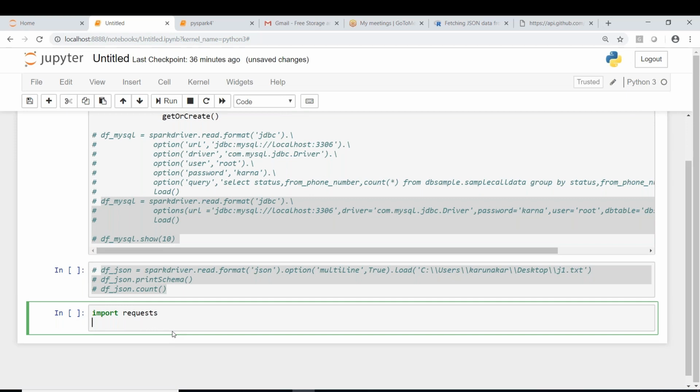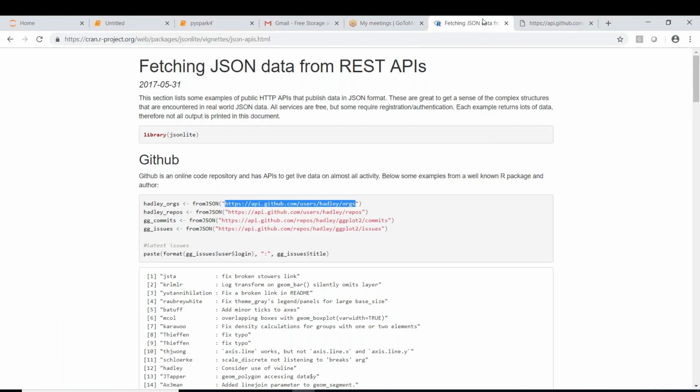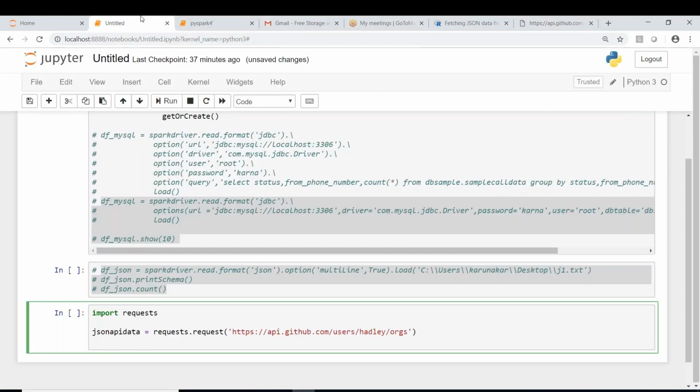So I call it json API data equal to requests, and here we need to pass that URL. Let me copy this URL and paste it here.